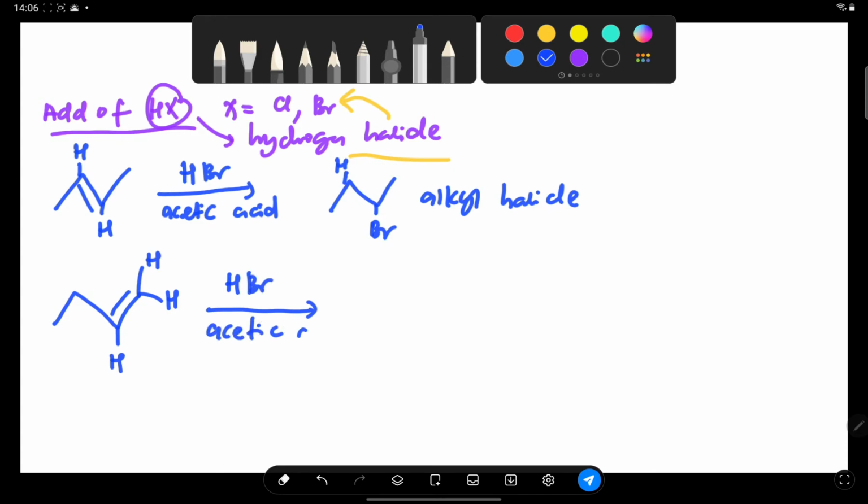you need to follow this rule. We call this rule the Markovnikov rule. Markovnikov is a scientist from Russia. So what does the Markovnikov rule state? The Markovnikov rule states that Br or halogen group will add to the carbon that has the lowest number of hydrogen, while hydrogen will add to the carbon that has the highest number of hydrogen. So in this case,